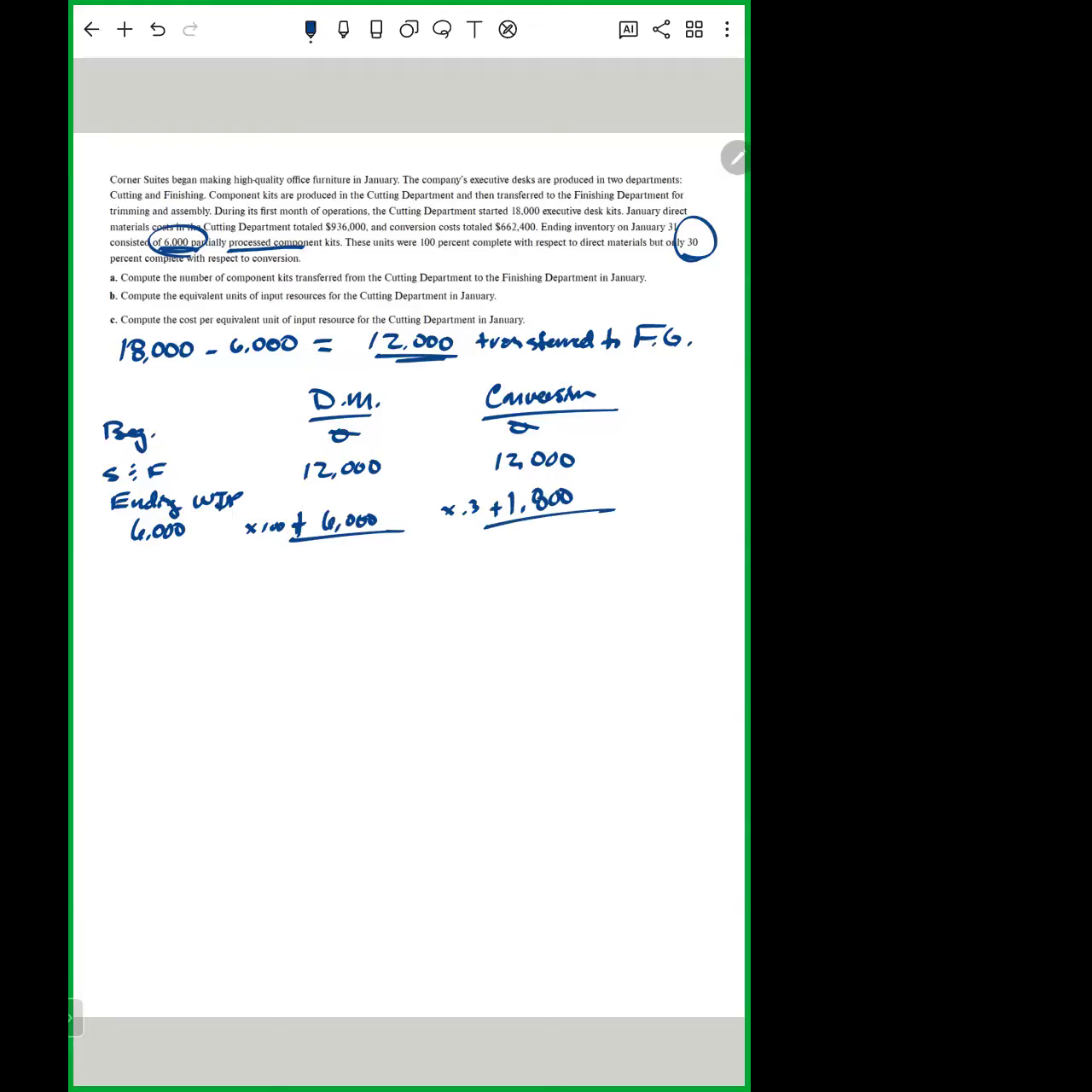All right, so this is 18,000. But then on the conversion side, it's 13,800. And so these are equivalent units, right? For direct materials versus for conversion. The problem then says compute the cost per equivalent unit for the input resources. And so we have